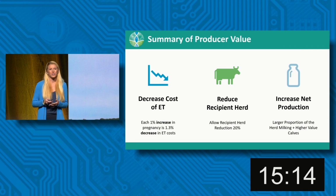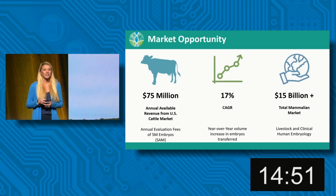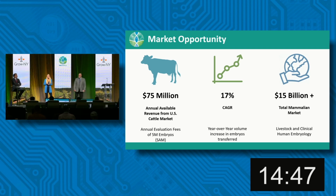We not only save the producer's bottom line at time of transfer, but we enable them to reduce the size of the recipient herd. Also, they will have a higher proportion of cows making the money because they will be producing milk faster and give birth to valuable offspring, therefore improving their top line. We own the intellectual property for the use of this technology in all mammalian species, but